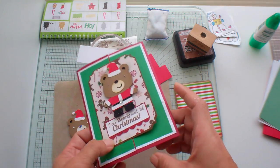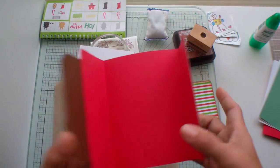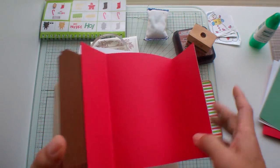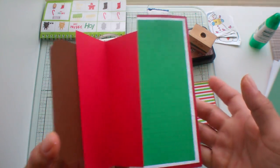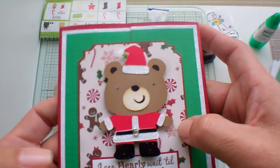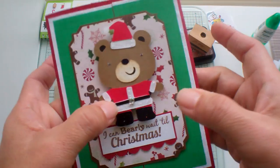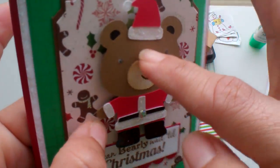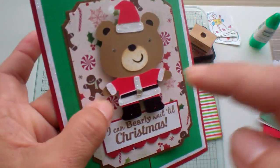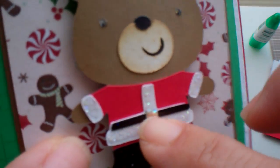So I'm going to show you basically how to make a gatefold card. And I'm going to put a white inside, but this has stickles on this white. I put stickles on it to make it glittery to match his. You can't hardly see the glitter because of the sunshine, but anyway,